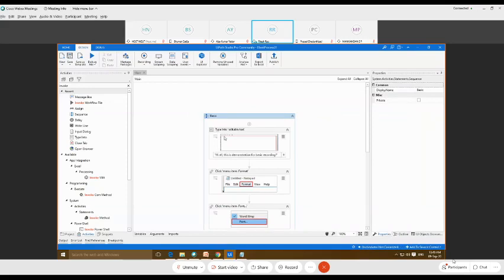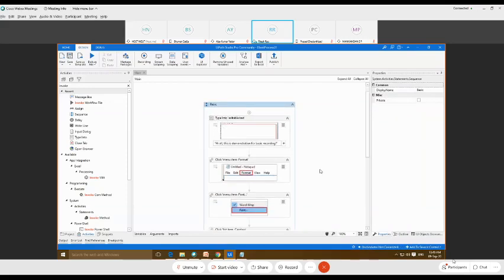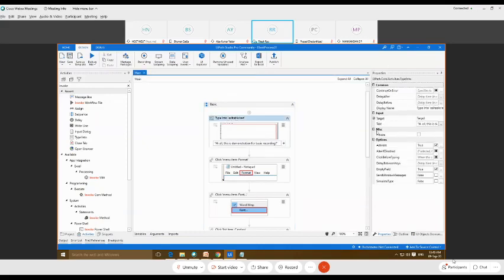By clicking on any of the activities, we can change the properties and modify them as per our requirement. Suppose you click on this particular Type Into editable text activity, the corresponding properties panel will open on the right side. You will get many options like Common, Input, Text. So if you want to change the text, even after the automation using this basic recording for some other automation project, you can change the text from here. Are you able to see this? On this properties panel, we can change this text.